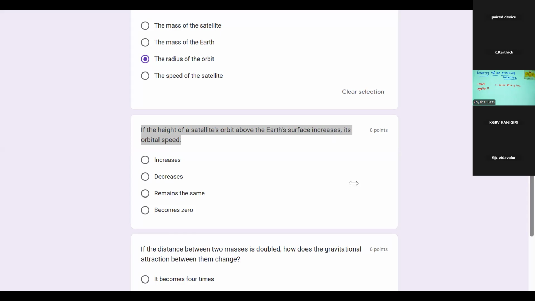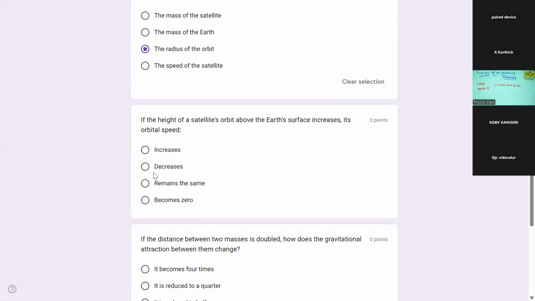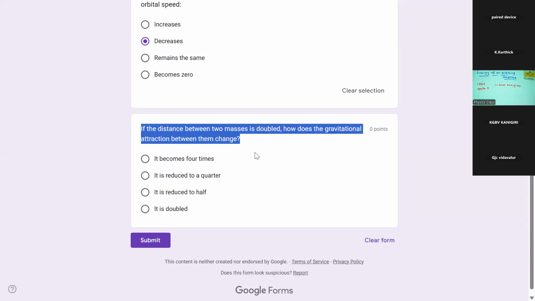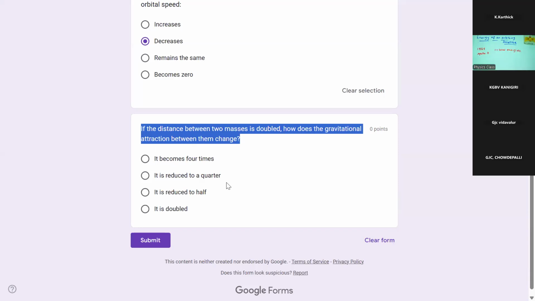Which one is exactly correct? Yes, right. If the height of the satellite's orbit above the surface increases, its orbital speed decreases. Second option, correct. And the final one: